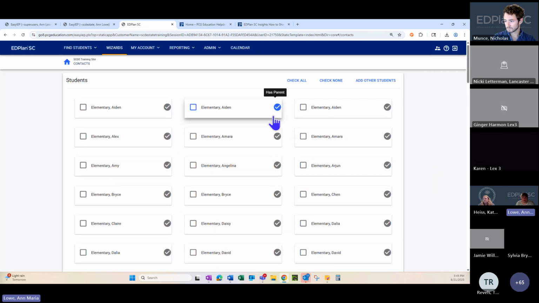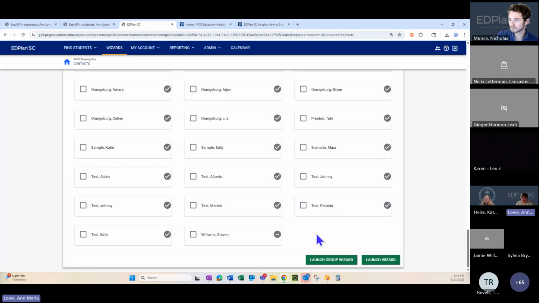I'm just going to choose a few of them because I don't want to add contacts to all these students. So the first thing I'm going to do is choose the students that I want to add a contact for. Instead of going to each file, I can do it from here.